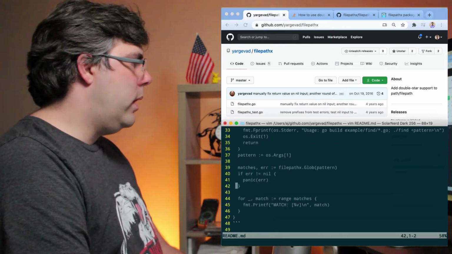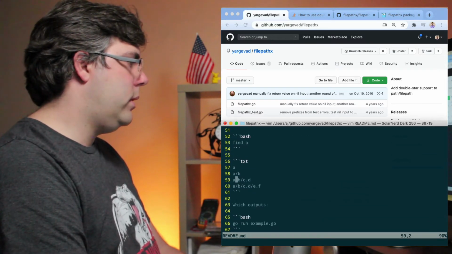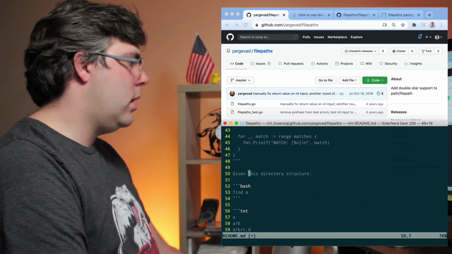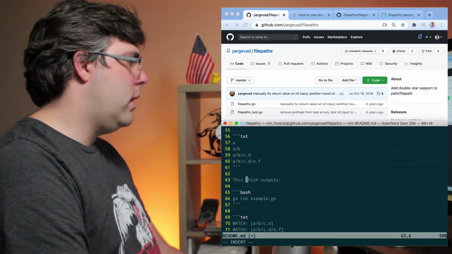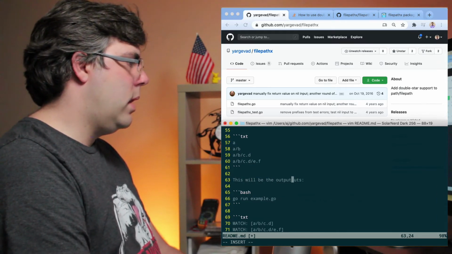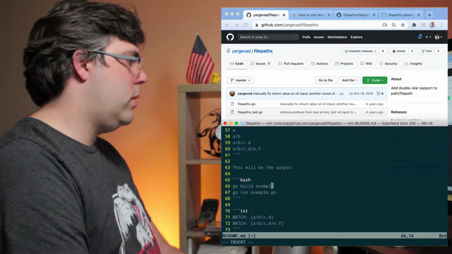All right, so now I know that the code in the README works. So given this directory structure, this will be the output. And then we can't do it like that. I'll have to do